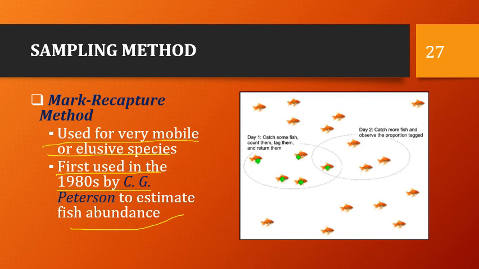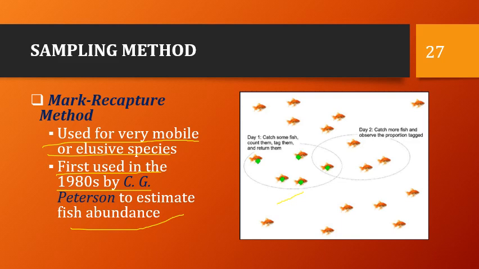So generally, for example, a sample of individuals from a population is captured. Okay, so ito na yung mga yon. So now, it marks some other way. So, natag na sila. Okay? So, they could be painted or tagged. Okay? May mga tag na sila. Then, i-release na sila sa ocean. So, if they try to catch more fish and observe the proportion tagged, you can actually analyze that.